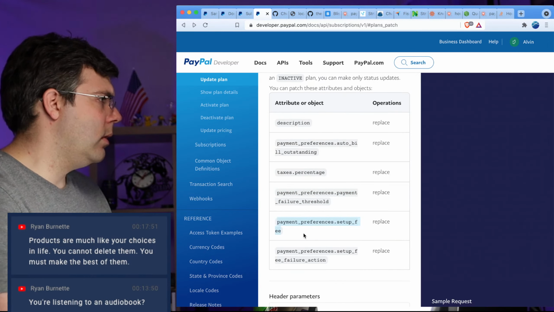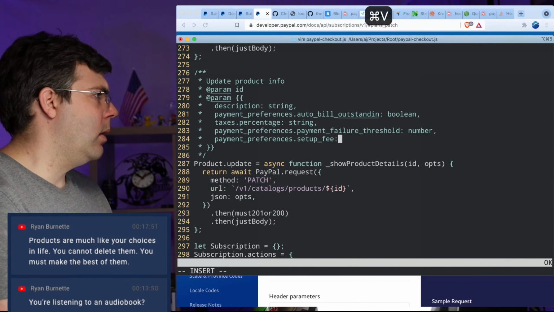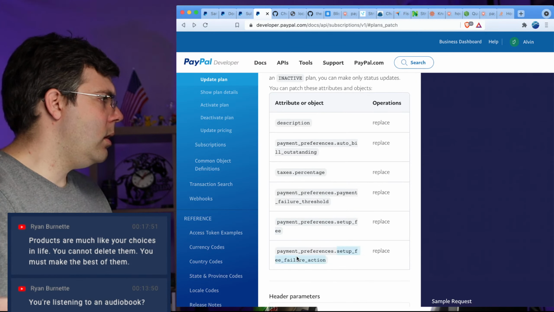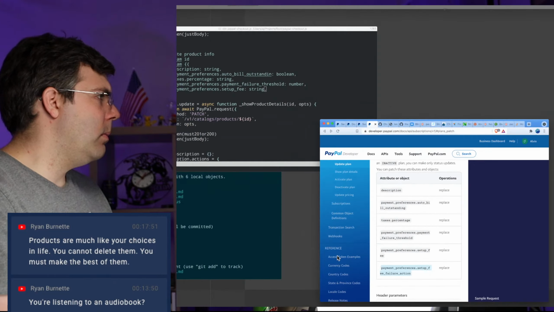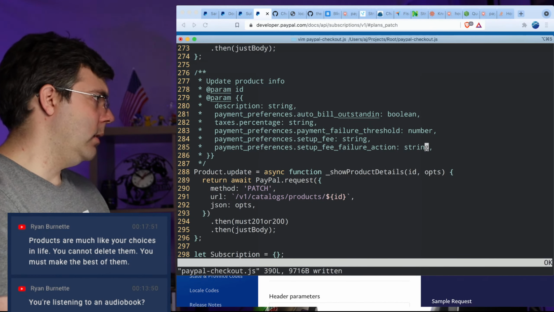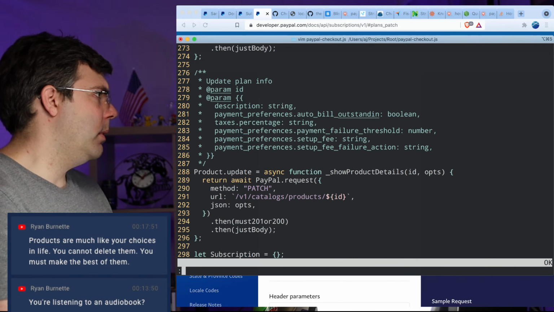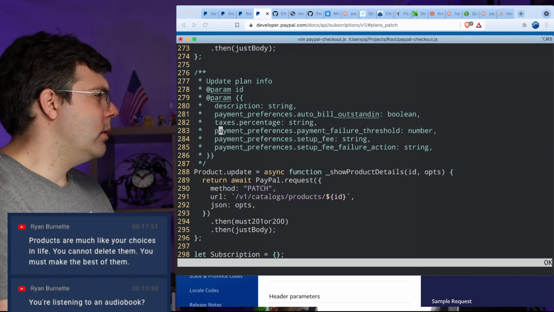And then all payment values are strings. Update plan info. Yeah, really, I should just, well, that'd be kind of weird.